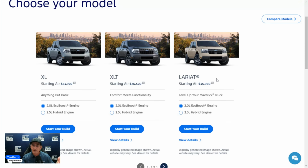But maybe you are looking at a Lariat, because I can see a justification for the Lariat. If you're somebody who's always wanted a fully loaded vehicle but never could afford it, maybe this is a way you can take a Maverick, completely load it up, and still be under $40,000. You get a lot of standard equipment now, and the Co-Pilot360, adaptive cruise, all those things are going to be standard equipment now. Add the hybrid and you're over 40, but you might stay under 40 if you don't add any other extra packages. But Ford's saying the best configuration to get scheduled is the Lariat with the Tremor off-road package,